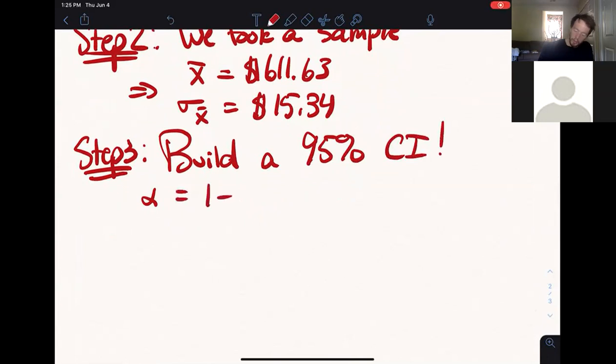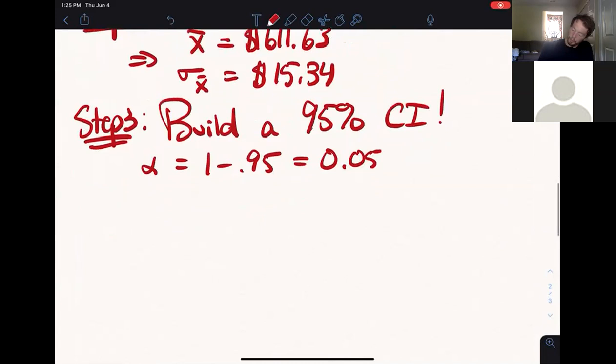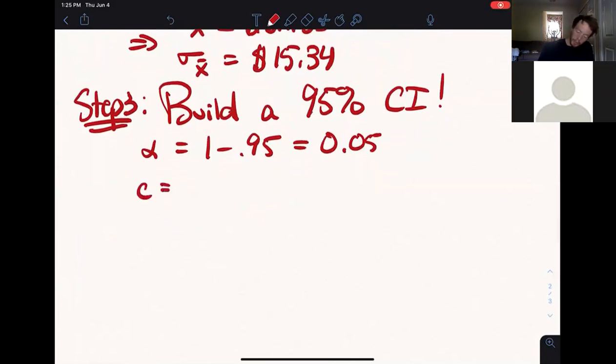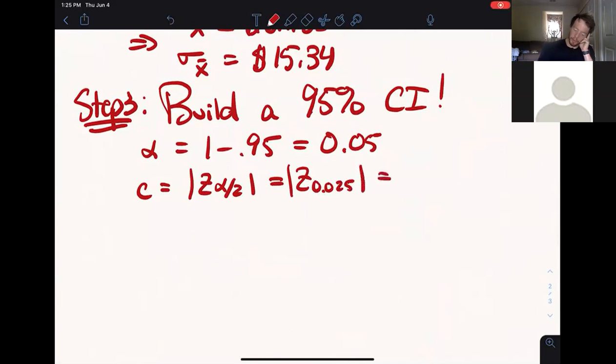So I'll do 1 minus 0.95. Alpha is equal to 0.05. My C is going to be equal to the absolute value of the alpha over 2 percentile, which is Z of 0.025, which is going to be equal to 1.9699, around there, or 95, excuse me. I think I put this was, oh goodness,